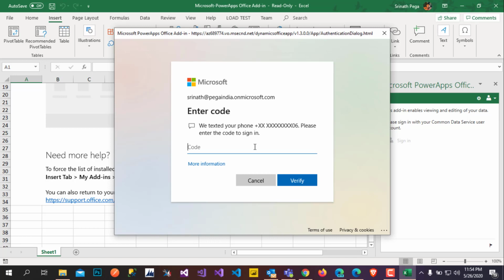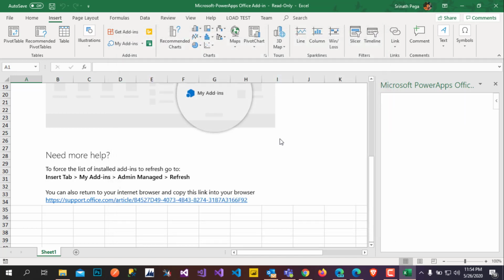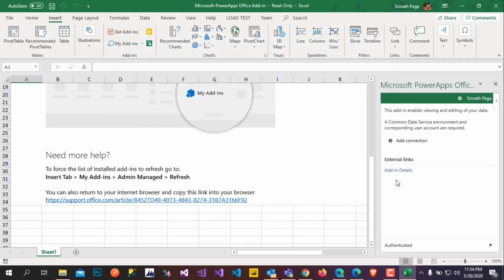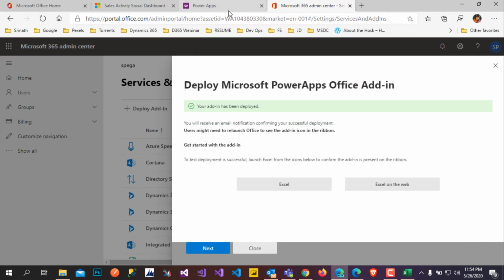Sometimes it will ask for verification, so I am entering that. Yes, I am logged into my Office Excel via CDS, so that's why it's showing my name. Next step would be to go to Power Apps.